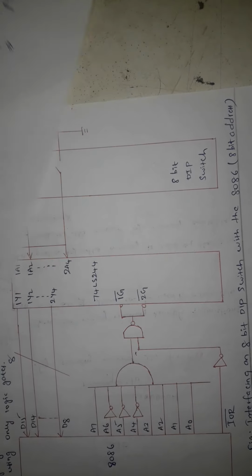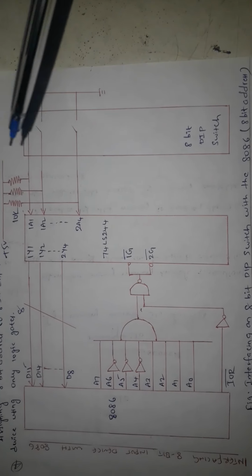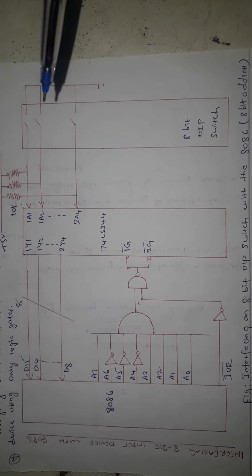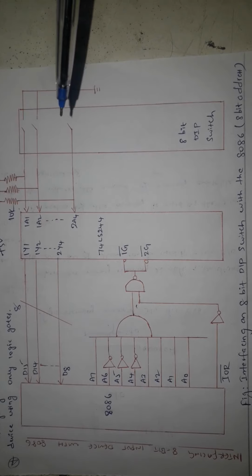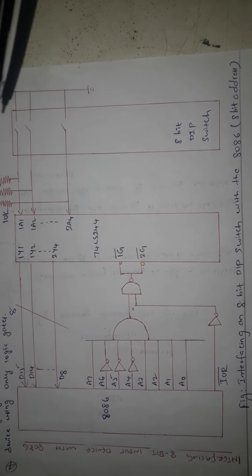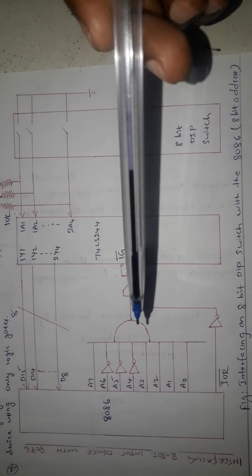They are used for accessing the data on the IO devices. So this IN instruction allows you to read the data from the address 8FH and place the data in the AL register. This is how you can interface an 8-bit device, like a switch, an 8-bit input device, to the processor.